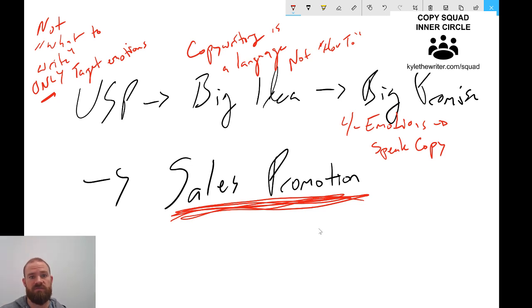And again, if it's a physical product, you might have to just dig it out and find something. I'll tell you the story about the fire alarm. I think it was Joseph Sugarman who wrote a piece of copy about a fire alarm that said we use gold-plated conductors for maximum efficiency. And the guy said, but every one of the fire alarms in the world uses gold-plated conductors. And Joe Sugarman says, no, nobody talks about it. So that is your USP now, okay? Once you dig that out, you can come up with this big idea, which can lead to some sort of promise, which has to be based in some sort of result. And then that lends itself to eventually becoming a sales promotion.